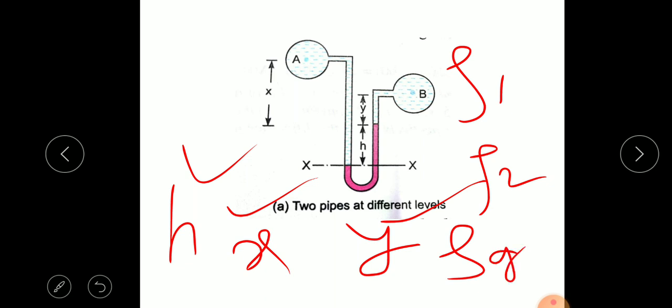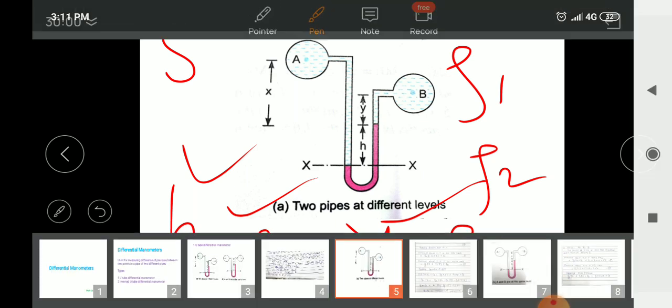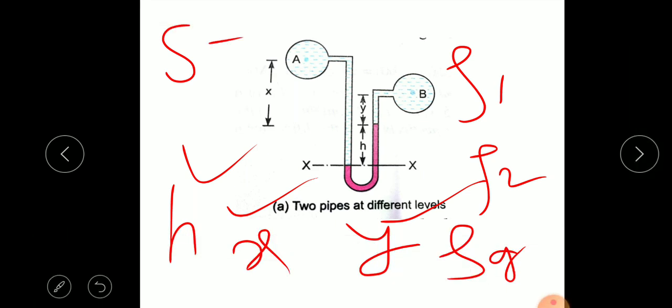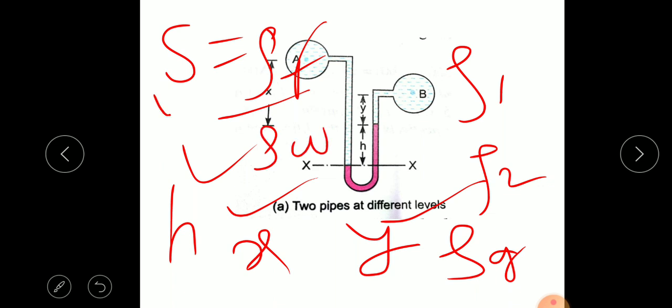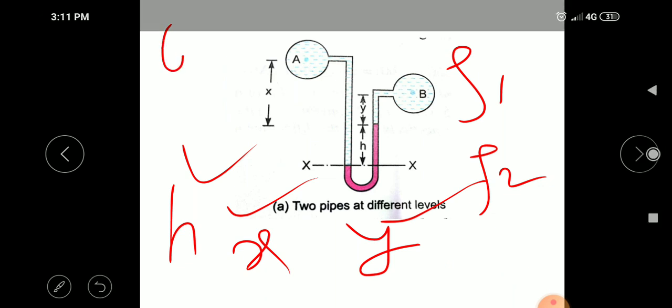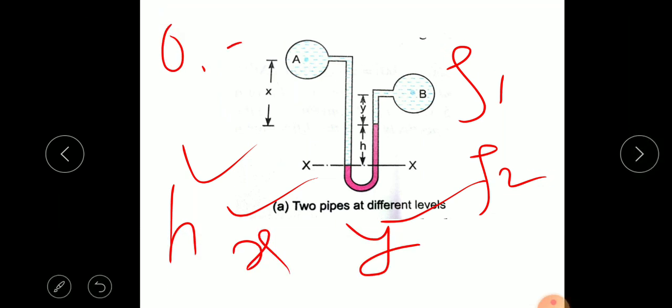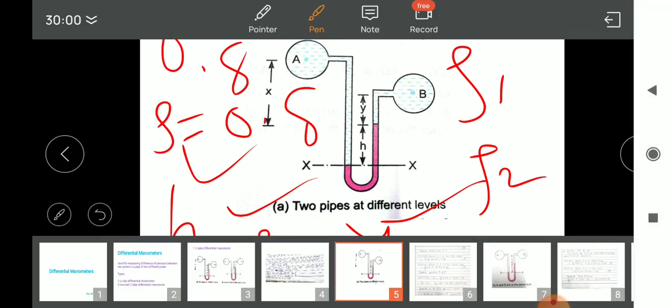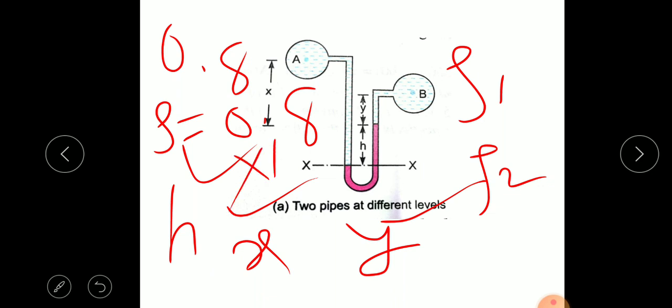Sometimes instead of density, specific gravity is given. Specific gravity is equal to the ratio of the density of the fluid to the density of the standard fluid, that is water. So if the specific gravity is given, we can find the density of the fluid. Suppose the specific gravity is given as 0.8, then the density will be 0.8 into the density of water, which is 1000. So we get 800